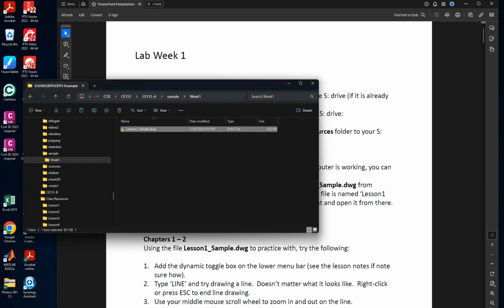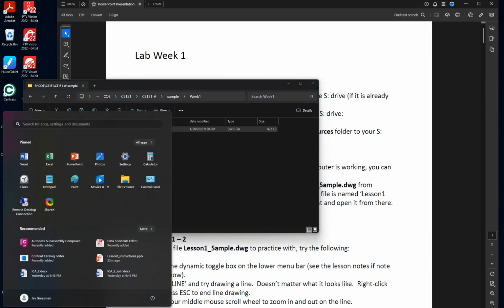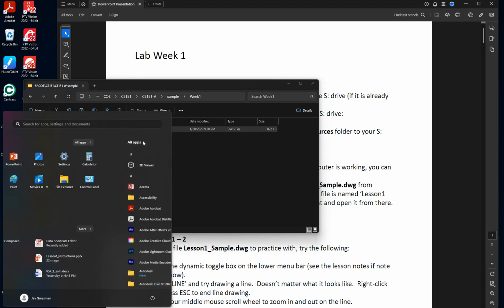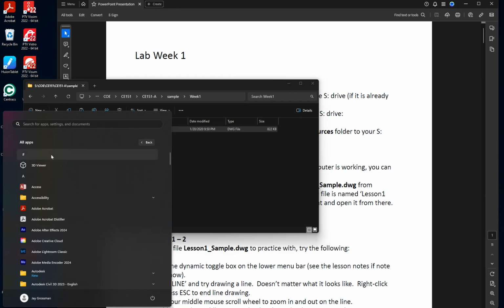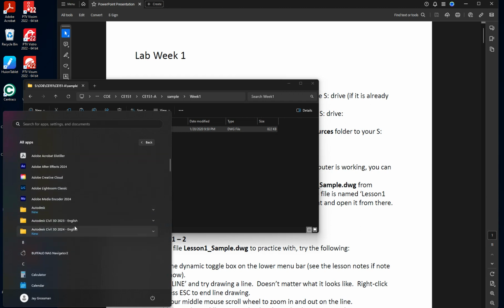It's a big program. It takes a while to move it around. You have a lot of options, and so there's also Civil or Autodesk Map 3D and some other versions, and sometimes students will open the wrong one. So one of the best ways to find it is you come up here into all of your menu of all of your programs. They're loaded. Come down here, Civil 3D and AutoCAD all live underneath the Autodesk, or sometimes they have their own